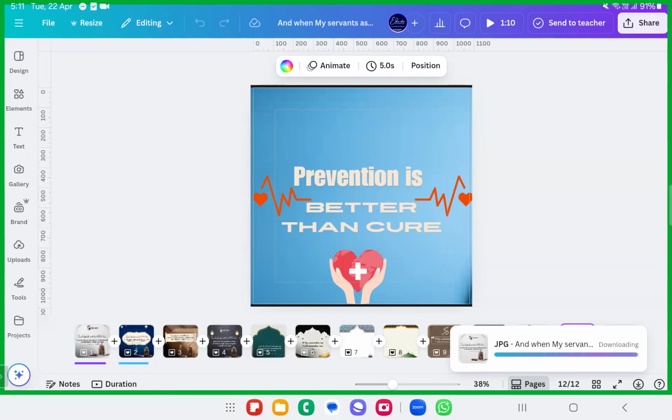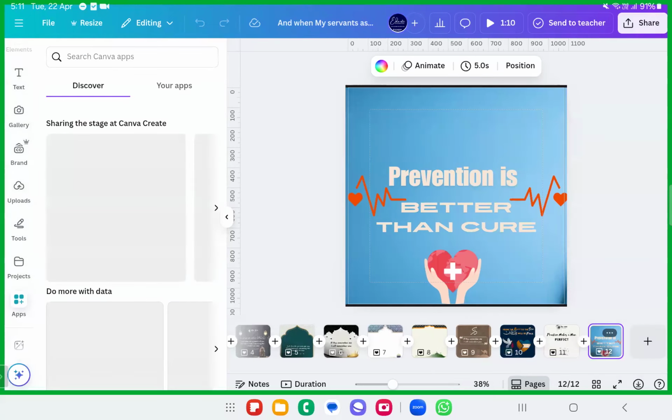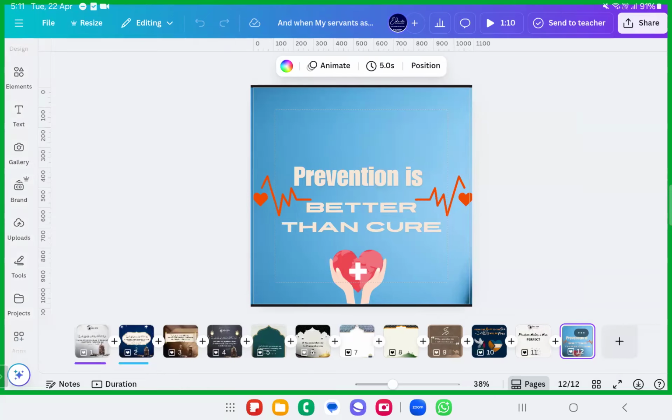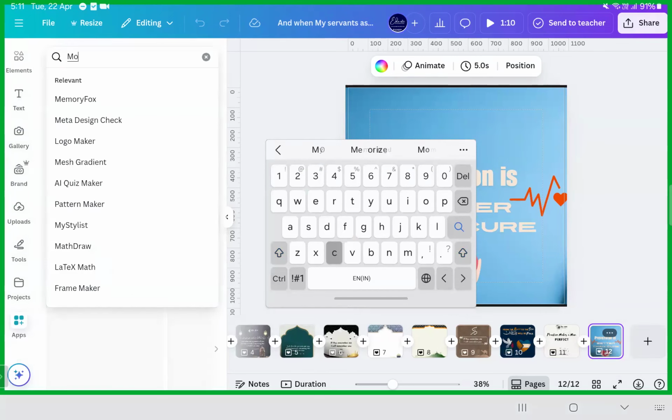Now I'll show you something, okay? Something called mockups. Just go to the apps, and type mockup. There is something called apps here on the left side or at the bottom of the smartphones. Can you all see that? And you just have to type mockup there. Mockup.